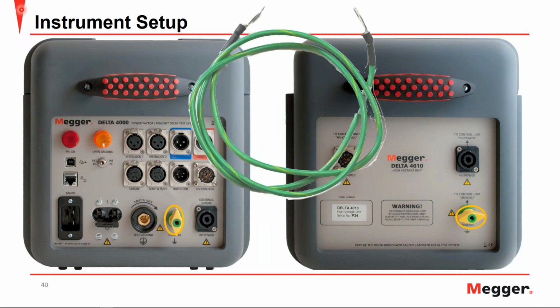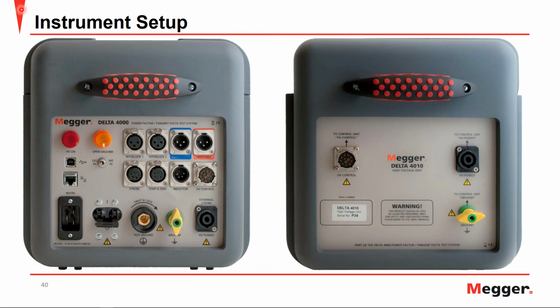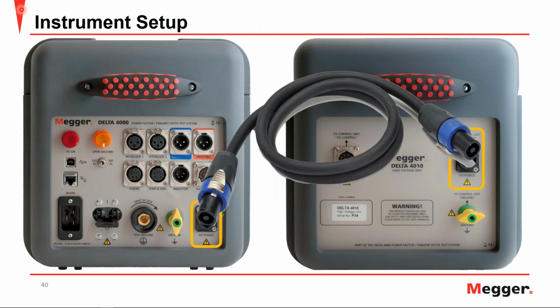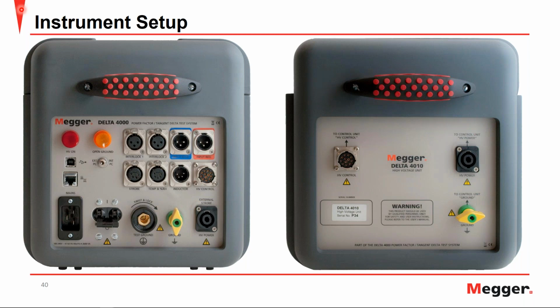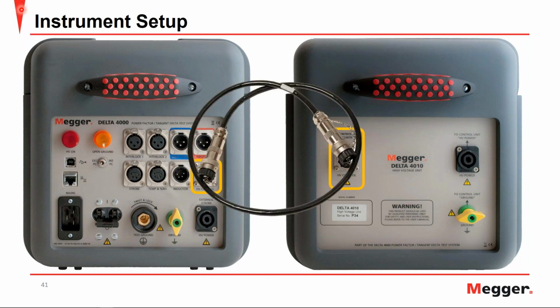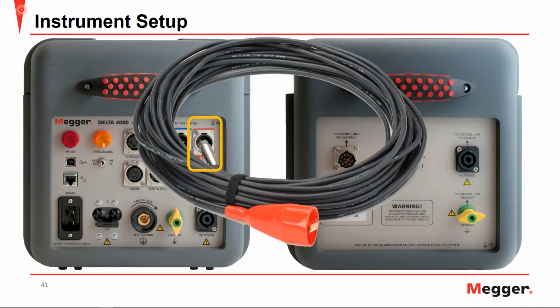Here we have the ground that interconnects the control unit and the high voltage unit. Now we have the high voltage power that provides power to the high voltage unit, followed by the high voltage control, which controls the high voltage unit. Next, we have the red input lead or measurement lead. This corresponds to the red measurement lead when looking at the power factor test methods. This is that measurement lead or red lead that was shown graphically in those